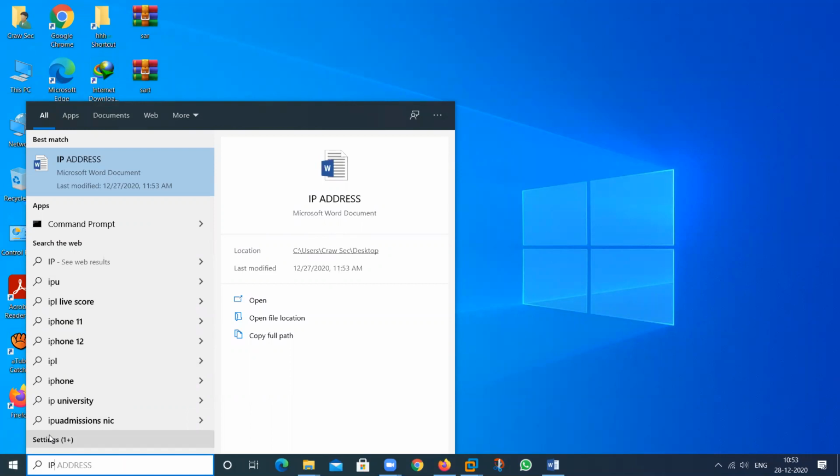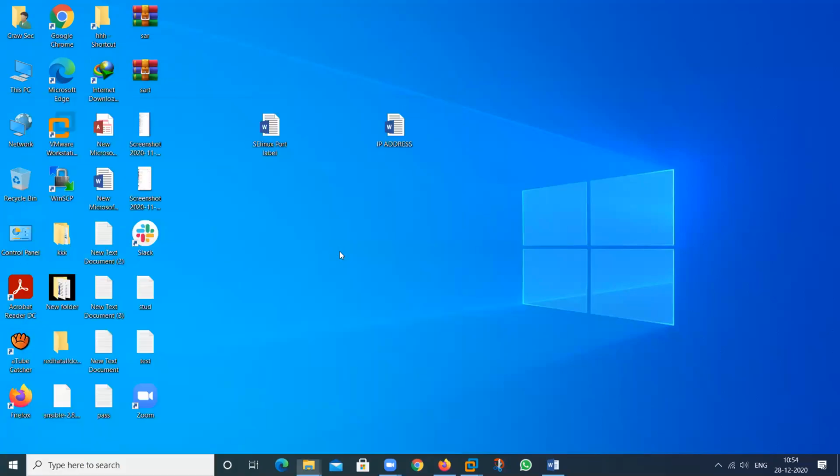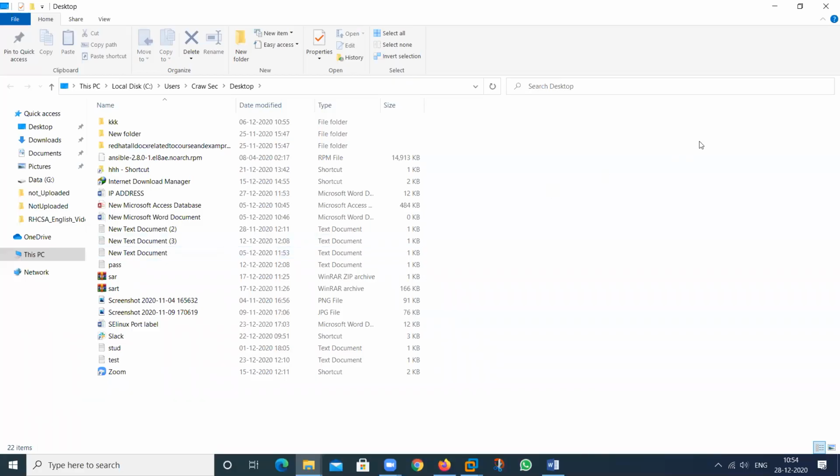In Windows, we have a lot of options to search my file. In earlier Windows, like XP and 7, we had a search engine, then you type the location, and you can find whole types just by using the extension also. So this will provide the location where this file is stored. So in this C drive, users, CRUD, SEC, then desktop. So you can open this particular file.